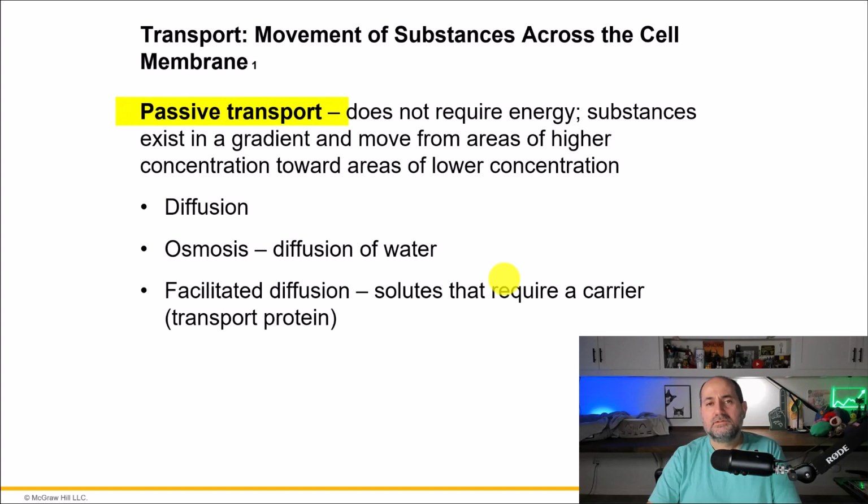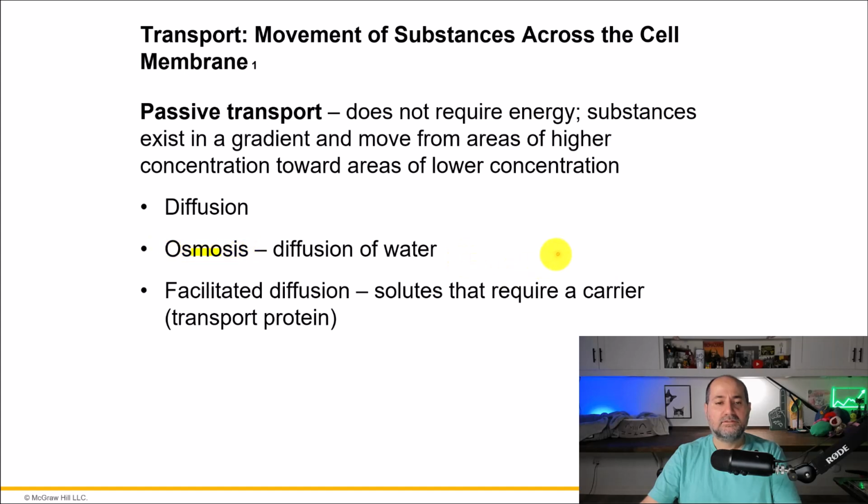Passive transport is when substances cross the membrane of a cell without any energy requirement, without any energy input. To fully understand passive transport, we need to understand diffusion, because that's what's driving all passive transport. All passive transport depends on diffusion. And then we're going to talk about a type of passive transport called osmosis, which is essentially the diffusion of